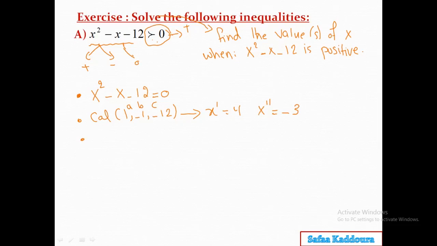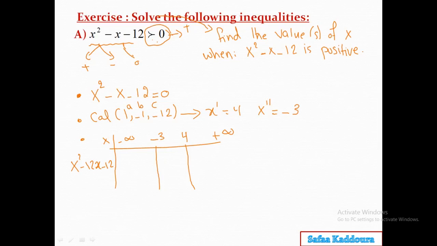Then we will draw the table of signs. x from minus infinity to plus infinity, and we will arrange the values of x from the smallest value to the greatest value, and here I will write the required